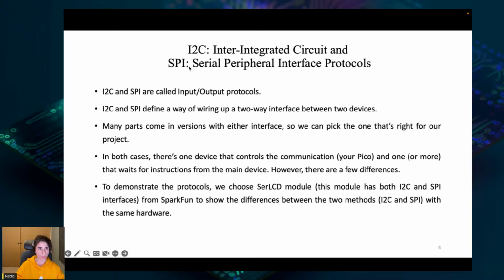First of all, I'm talking about these two protocols, and then I will talk about UART. I2C, as the name shows, is inter-integrated circuit, and SPI is serial peripheral interface. These are the similarities between these two. I2C and SPI are called input-output protocols, and they define a way of wiring up a two-way interface between two devices. Many parts come in versions with either interface, so we can pick the one that's right for